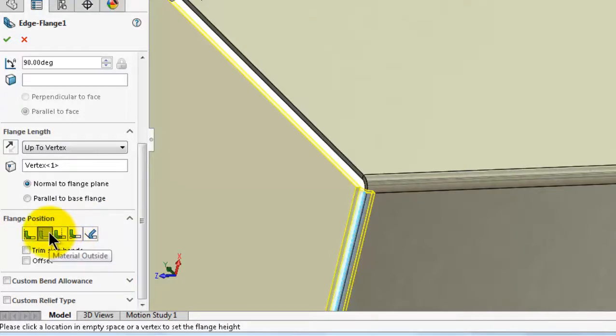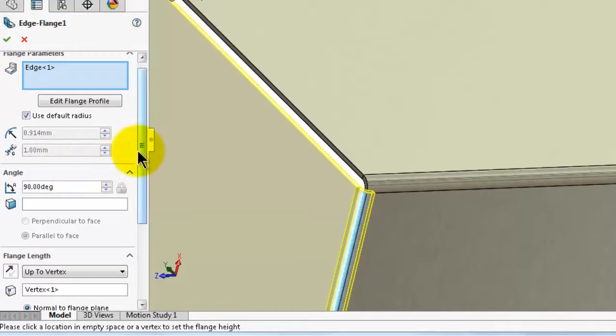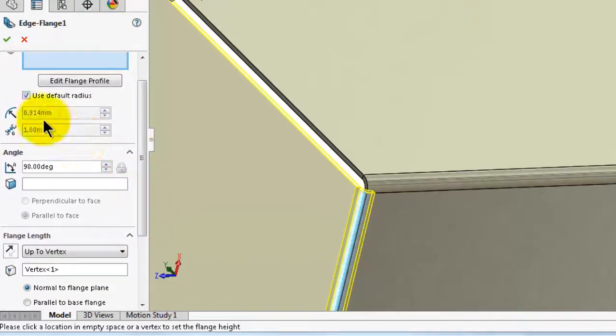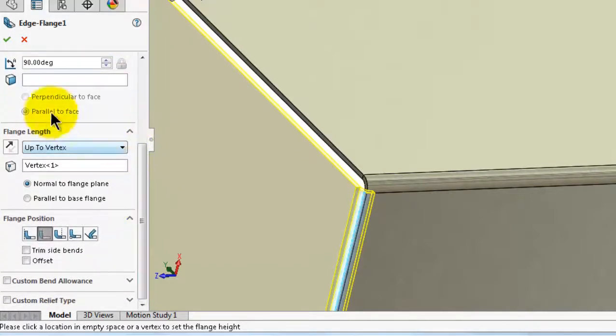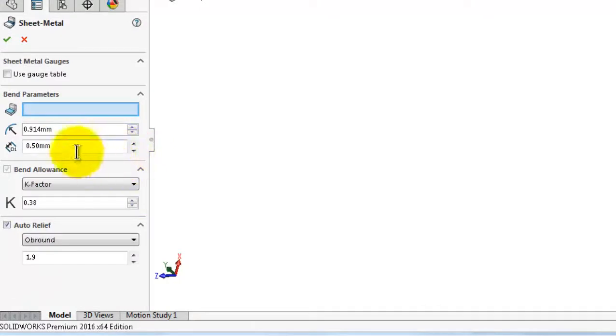We have material outside and 90 degrees, and the bending radius 0.9, and the thickness is, so let's make the thickness 1 millimeter, and the following